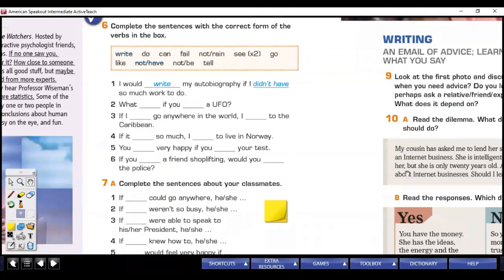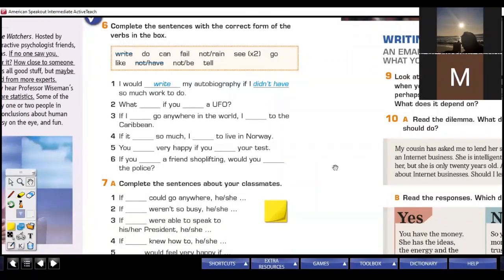All right, go ahead, miss. Number 2. What would you do if you saw a UFO? All right, good, Miss Nayelis. Now, everybody, do you know what this means? What is the meaning of UFO? OVNI. All right, that's an OVNI, or in other words, an